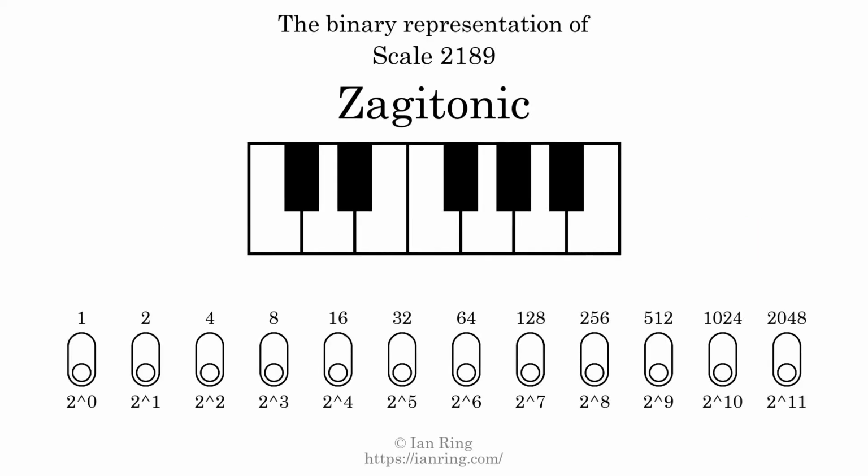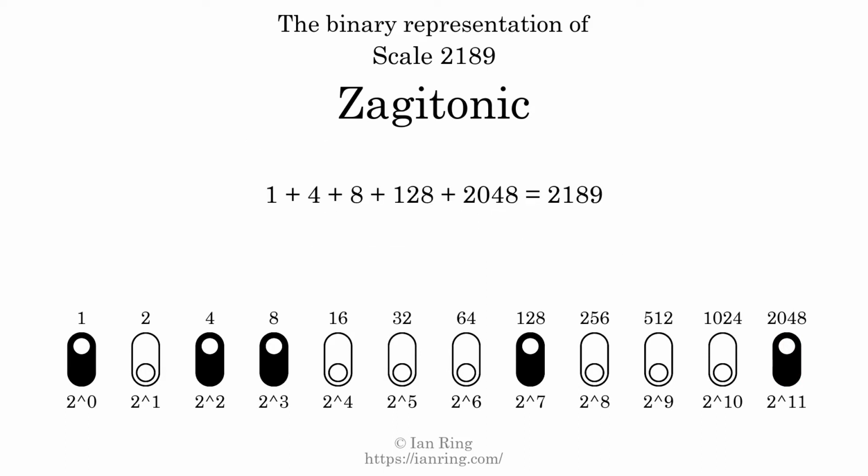The binary representation of this scale is determined by mapping tones of the scale to binary digits. Each binary digit represents a power of 2. To get the scale number, we add the powers of 2 together. The powers of 2 that are present in the scale, all added together, equals 2189. That is why the scale number, in decimal, is